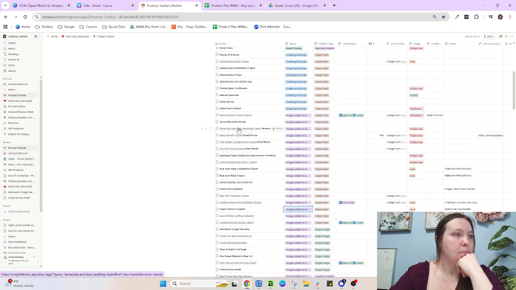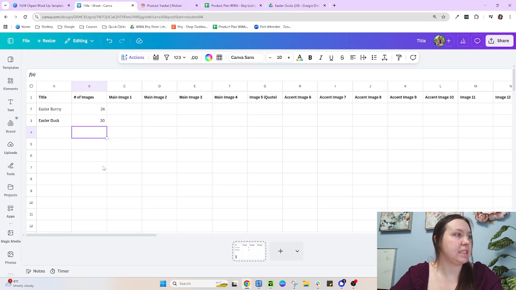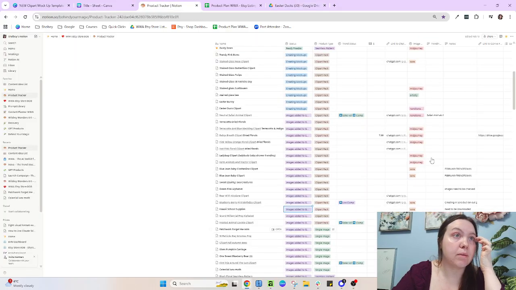Okay, I'm just looking. This is my list of things I have ready. Frosted animal cookie. It should be pretty easy. Frosted animal cookies. And what you could do if you want to use something like this is you can write number of images into this. And that could be a way to store it because I have so much information in my Notion tracker